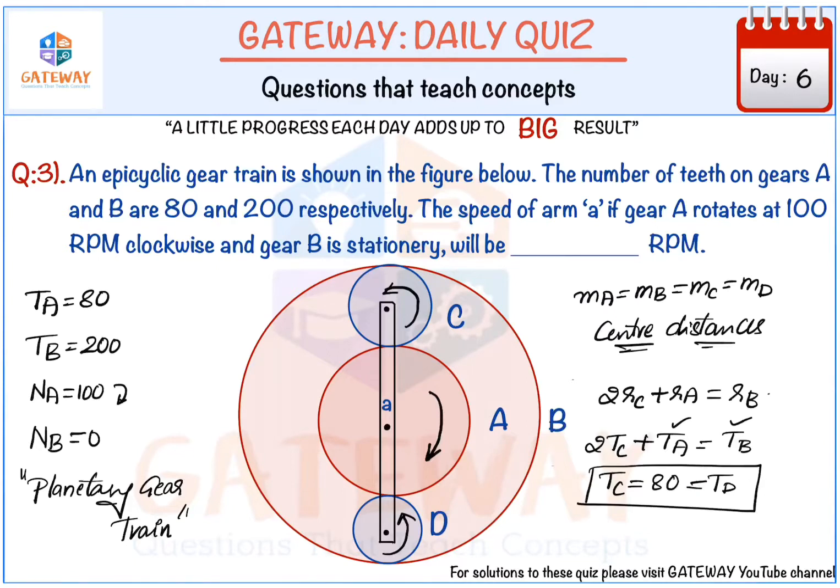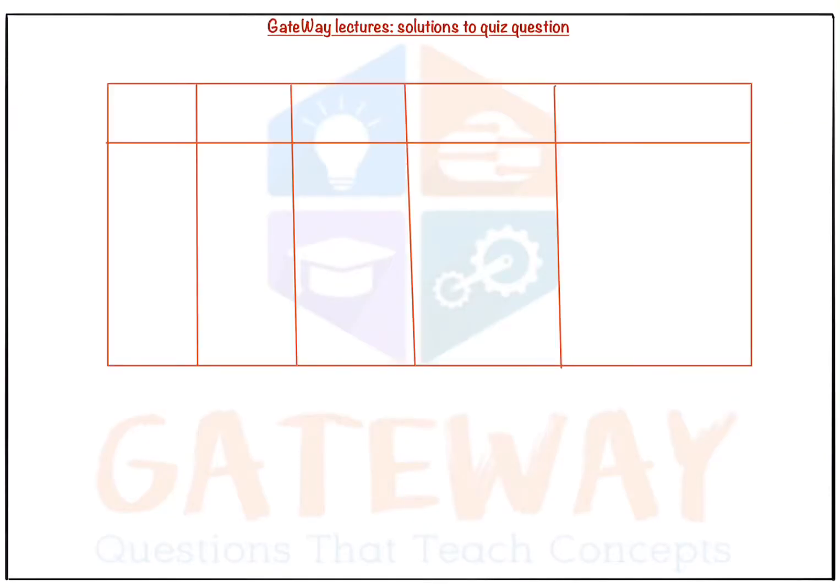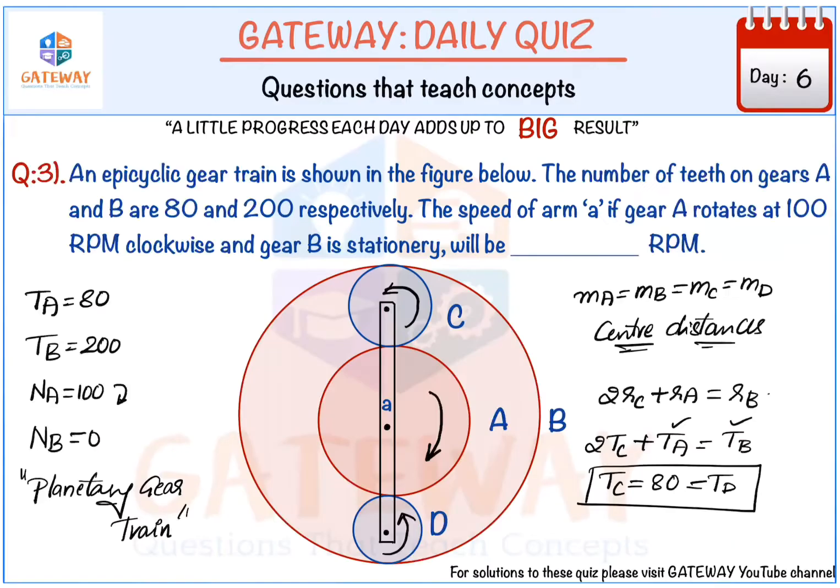Now we'll simplify this by using the table method. This is our table method, and the first column will be motions or movements. We can call them motions or movements. And the second column is arm always. The third column should be decided in such a way that the gear is on the arm and should not be connected back, so that by taking that gear, all the other gears are interrelated between them. We should not come back again.